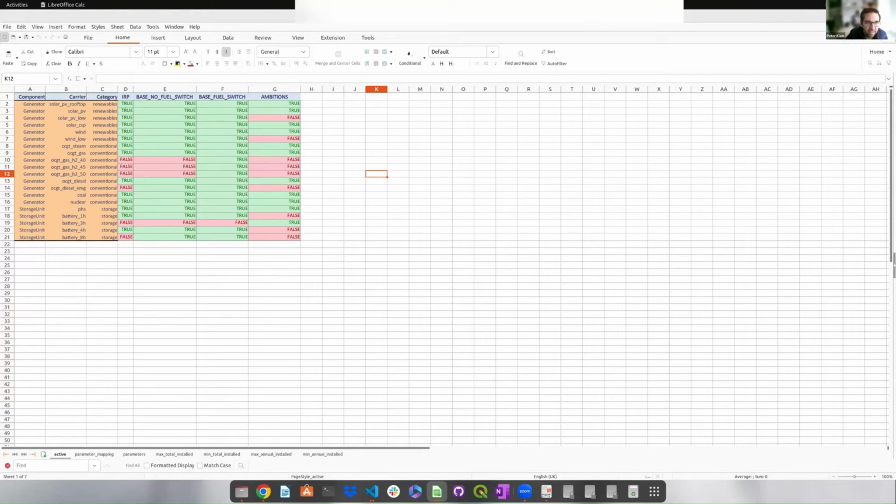So there's a bit of a mapping process that happens within the spreadsheet, which is a little bit complicated, a bit of a hack, but hopefully you can figure out how it works. The first thing is this active tab, which is kind of an override